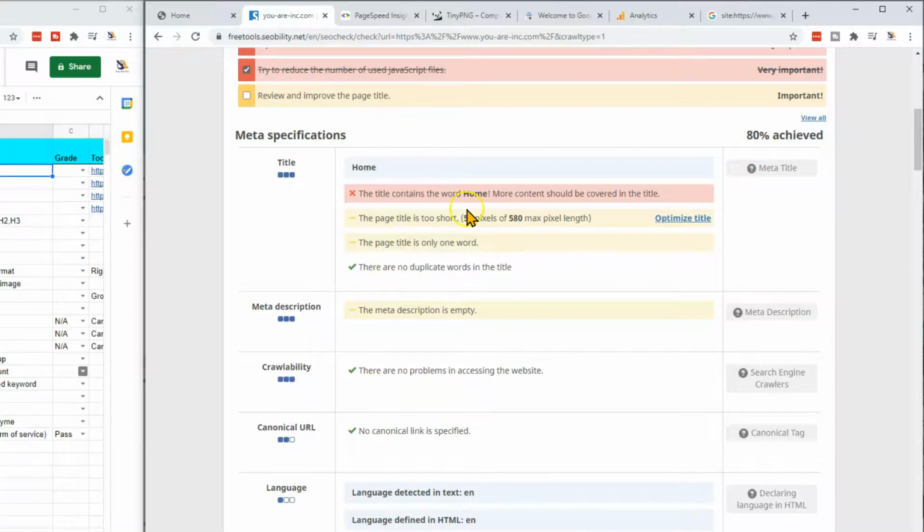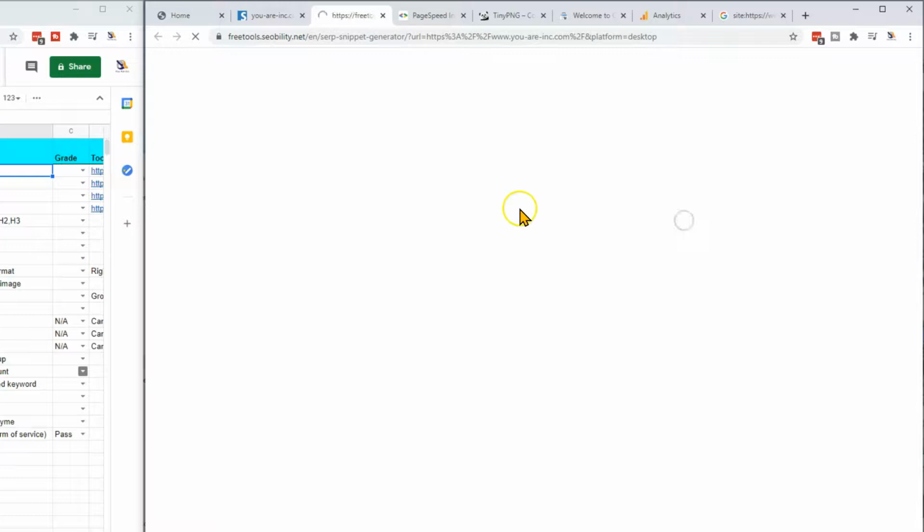But you see here, it says that my title is too short. Basically, the title contains "home", which is not good, so I should do something about that. It talks about the size of the text here, and they have a small optimized title feature that is pretty neat.